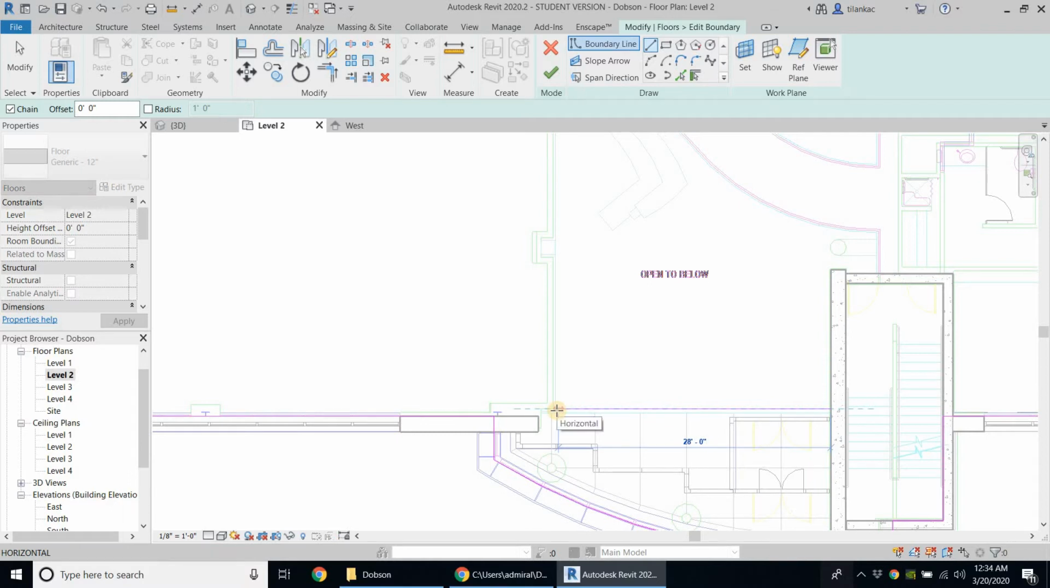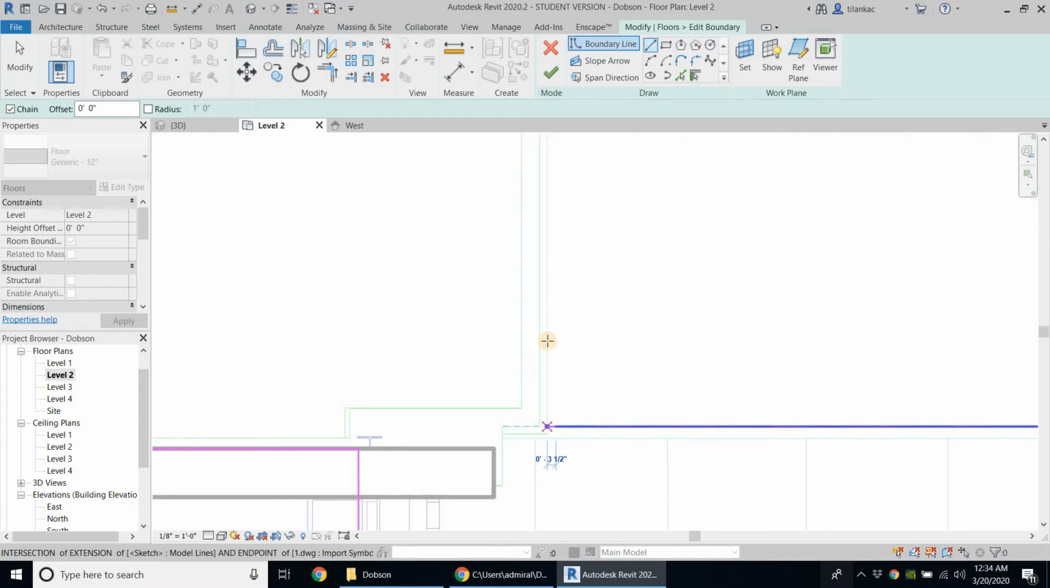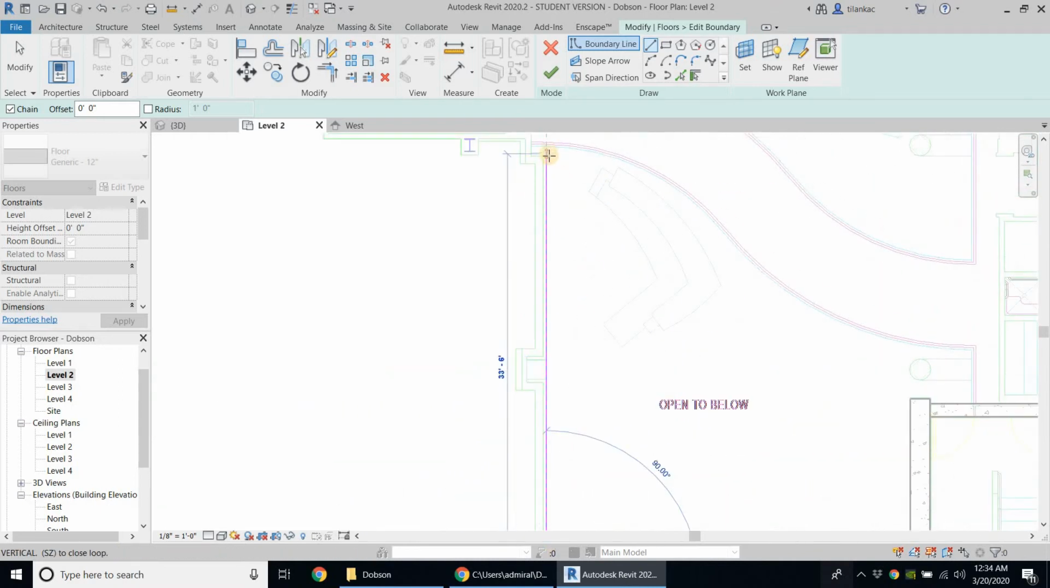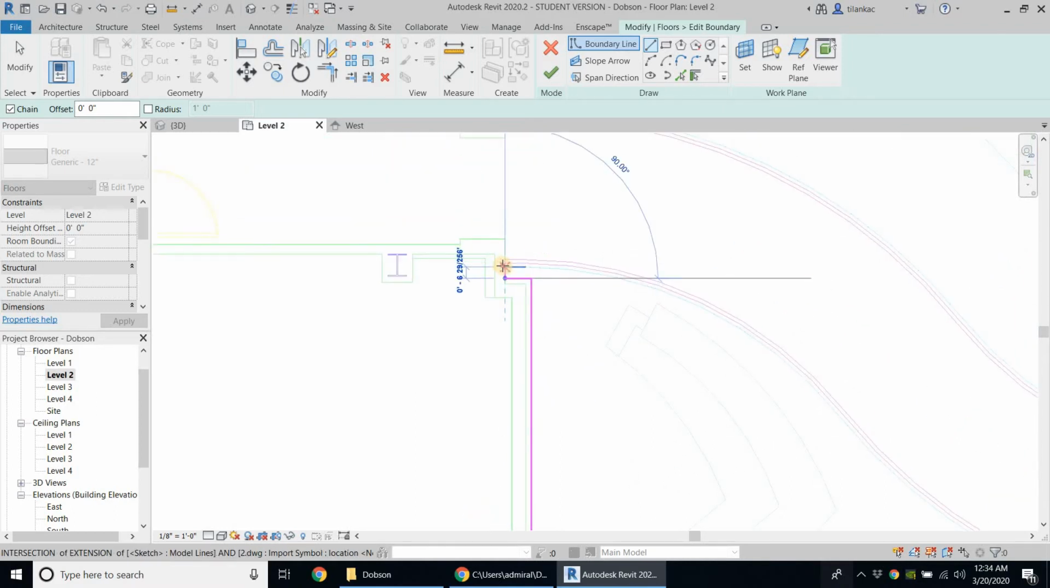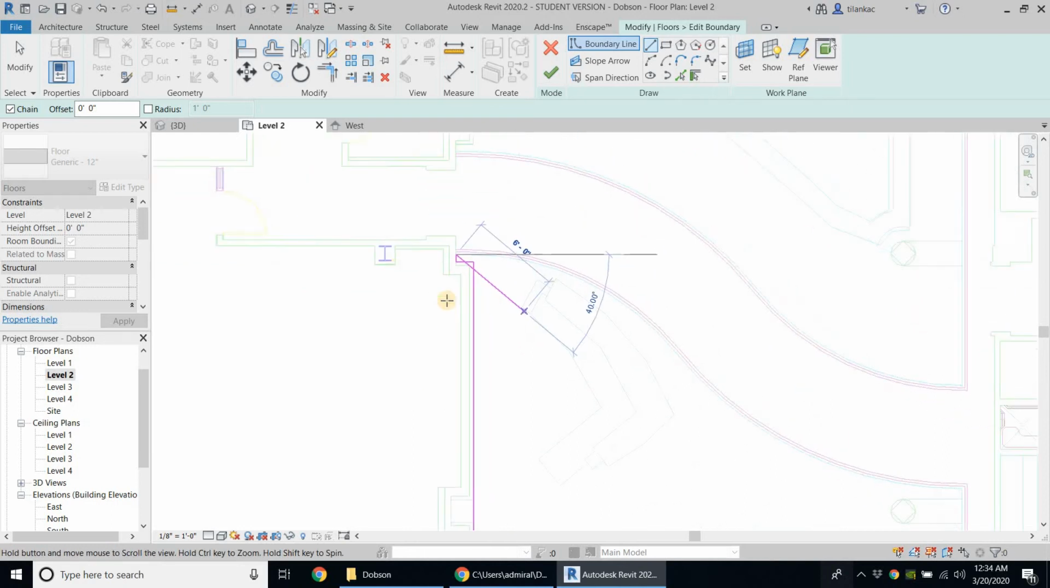So like that, just a little bit more, and then I'm going to go up to this point here all the way, and like so, and up to here. The blue line is